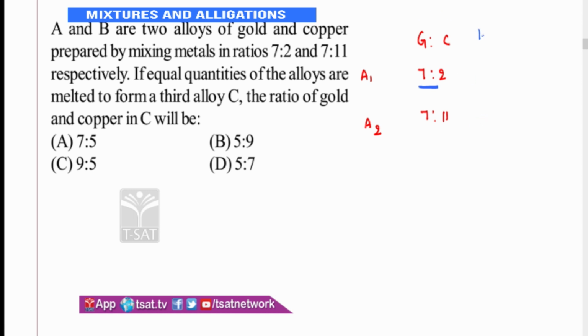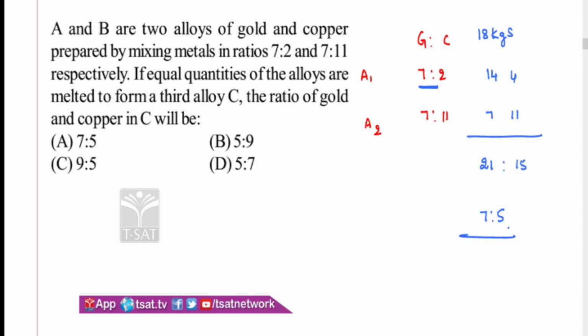I am taking 18 kgs. If I take 18 kgs, tell me how much gold is there in this. 9 parts is 18, which means each part is 2 kg. I am dividing 18 in the ratio 7:2. How do I divide it? There are totally 9 parts. 9 parts is 18 means each part is how much? Each part is 2 kg. So 7 parts becomes 14 kg, 2 parts become 4 kg. Here 18 parts is 18 kg, therefore each part is 1 kg only. So 7 parts is 7, 11 parts is 11. I would say gold is 21, copper is 15. Directly you get the ratio 7:5.